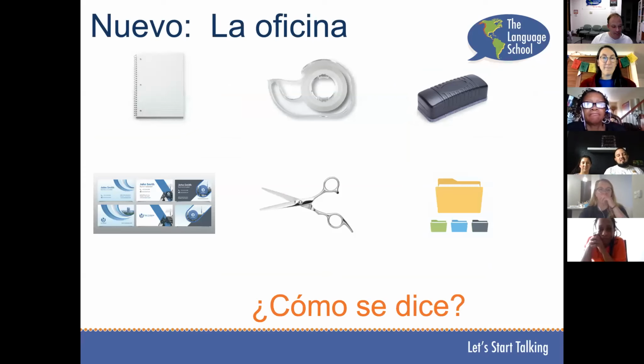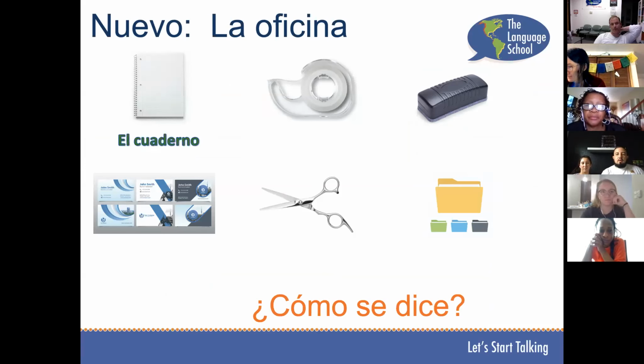All right, now take turns asking me como se dice with this one. We'll start with you, Daisy. Do I pick one or just start with the first, top left? ¿Cómo se dice paper? Yeah, so this is actually a notebook. So we're going to say el cuaderno, versus paper would be el papel. Okay, all right.